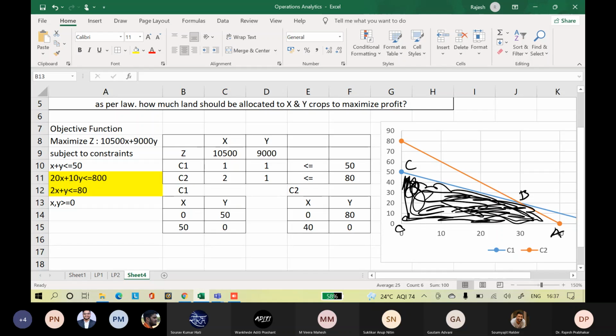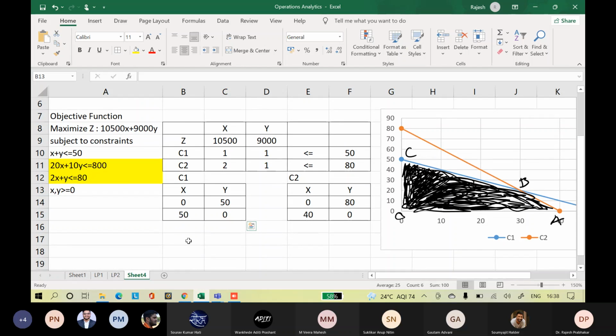So where is the maximum? Can you calculate, participants?